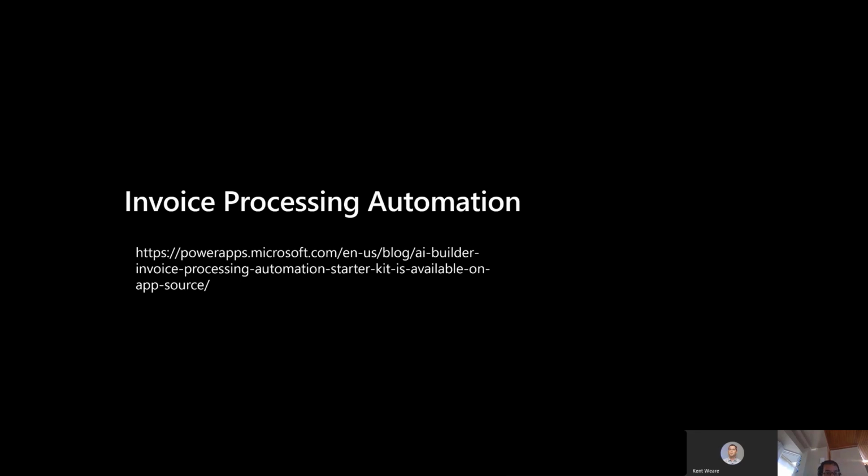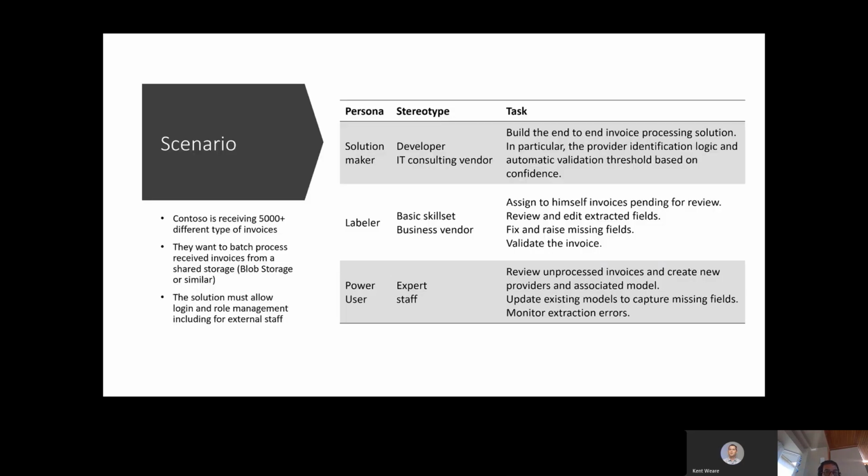And we've released an invoice processing kit that you can install in your own environment, and then you can customize it based on your scenario. And this is a link to that blog post over there. What the kit allows you to do is invoice processing at scale. So you're receiving lots of invoices. There are different formats, and you want to probably create a structure where you have different roles in the system,